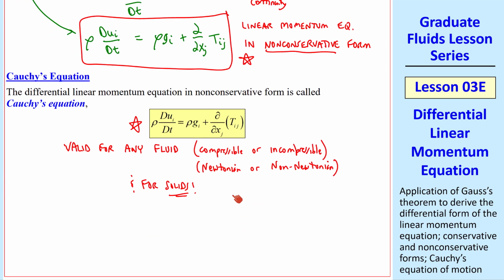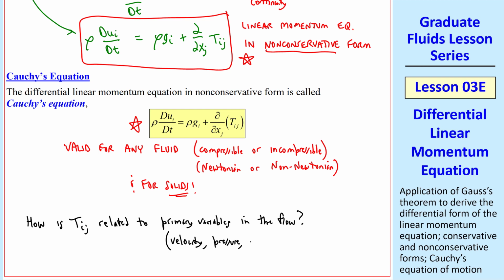So the next thing to do, which we'll do in the next lesson, is to ask this question: how is the stress tensor Tij related to primary variables in the flow? That is velocity, pressure, density, and other fluid properties like viscosity. In the next lesson, we'll come up with an expression for Tij in terms of these primary variables for Newtonian